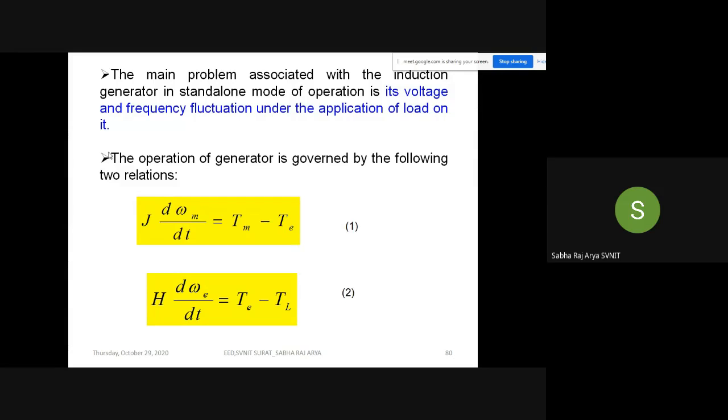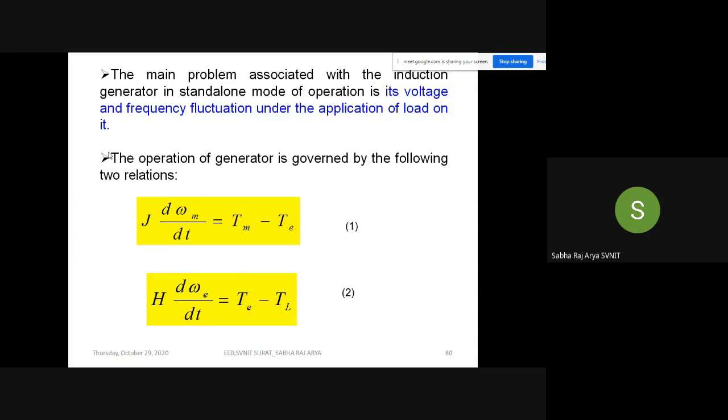Again, the turbine is going to run the motor according to Tm only, and generate the Te. If T equals TL, then also no problem. The turbine is going to run the second machine, the generator, at some speed to create a Te. If T equals TL, then we don't have a problem, and we are able to maintain the voltage and frequency at